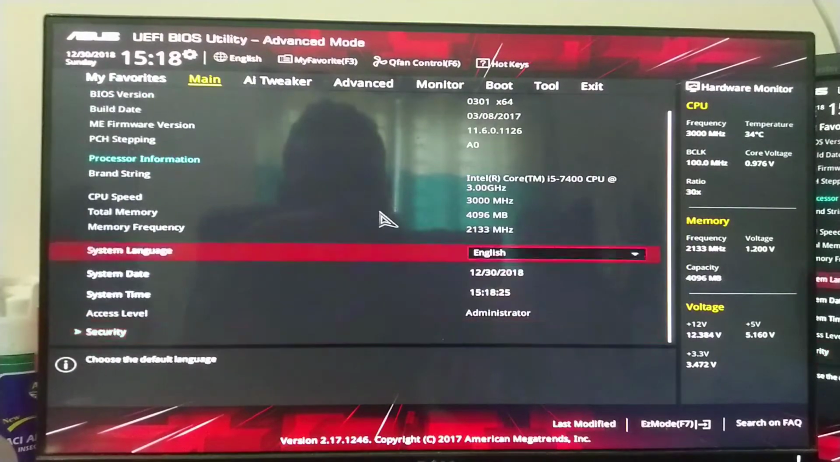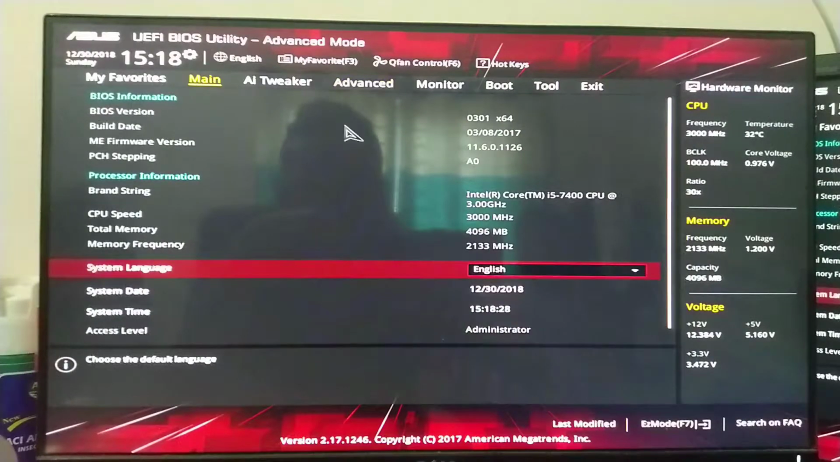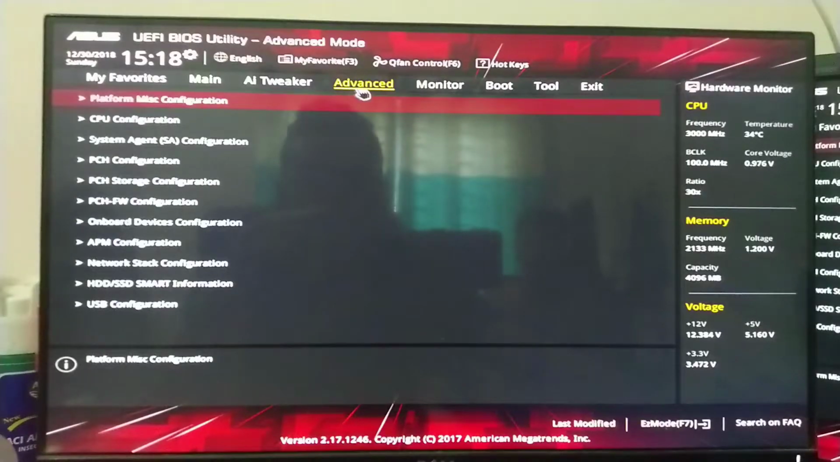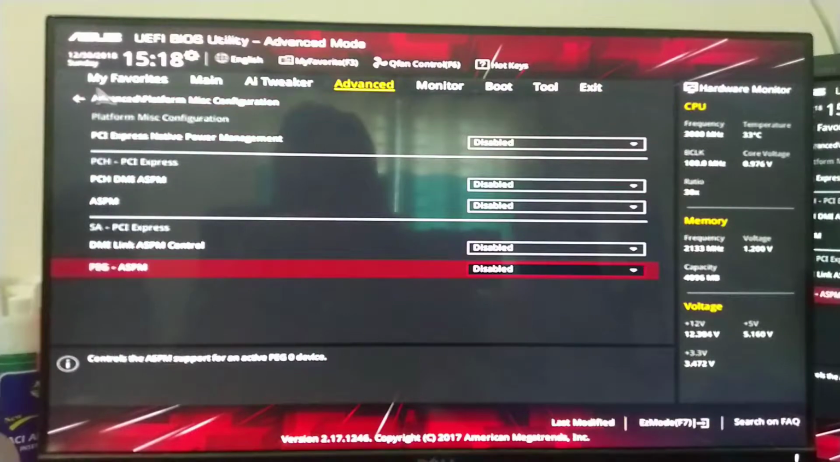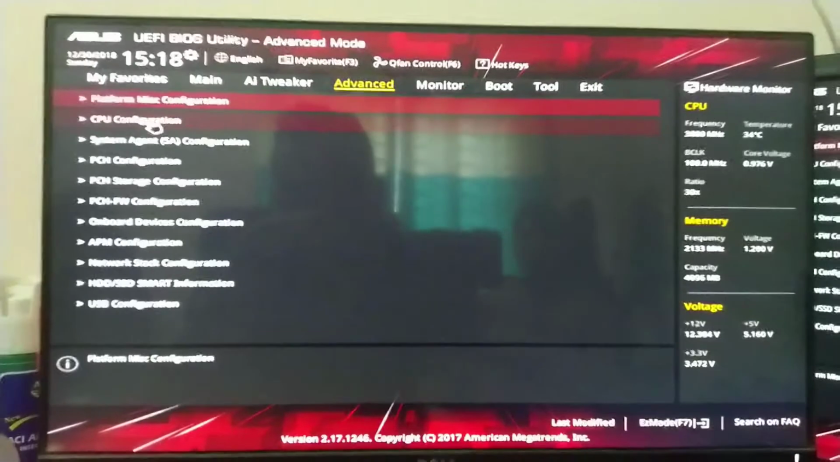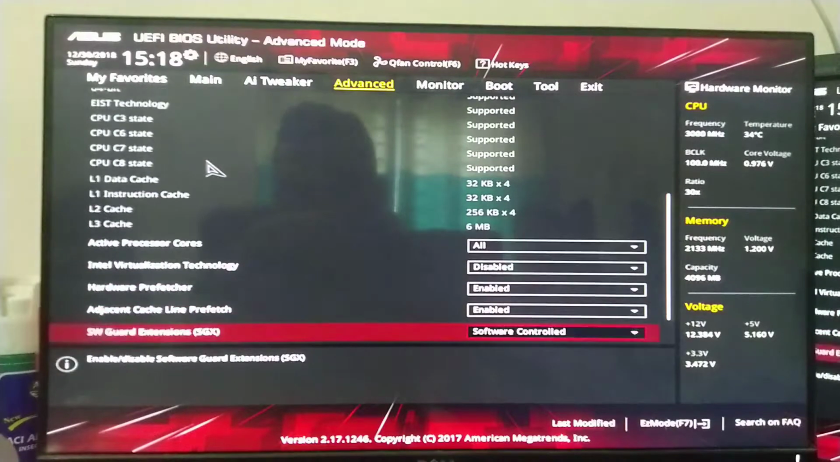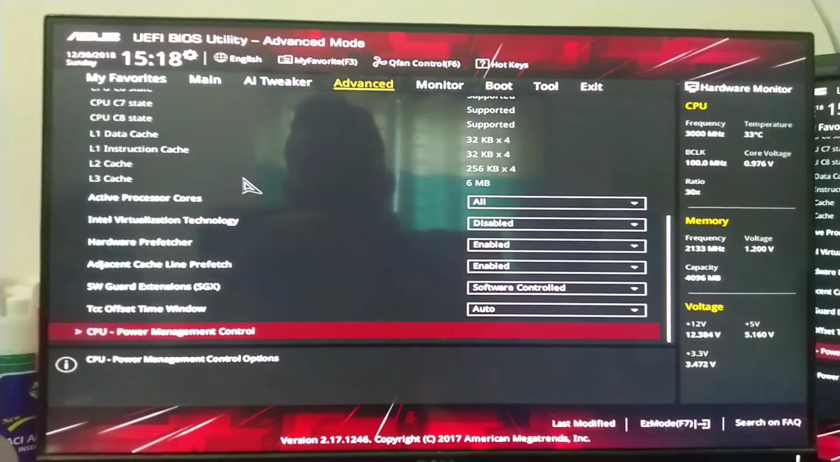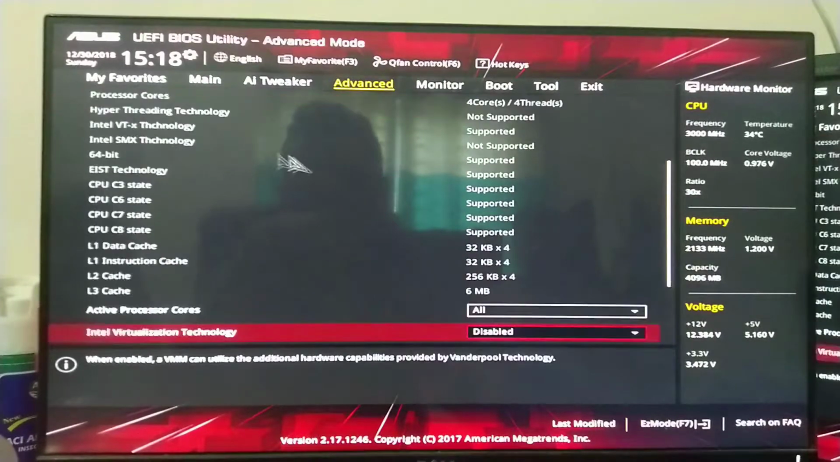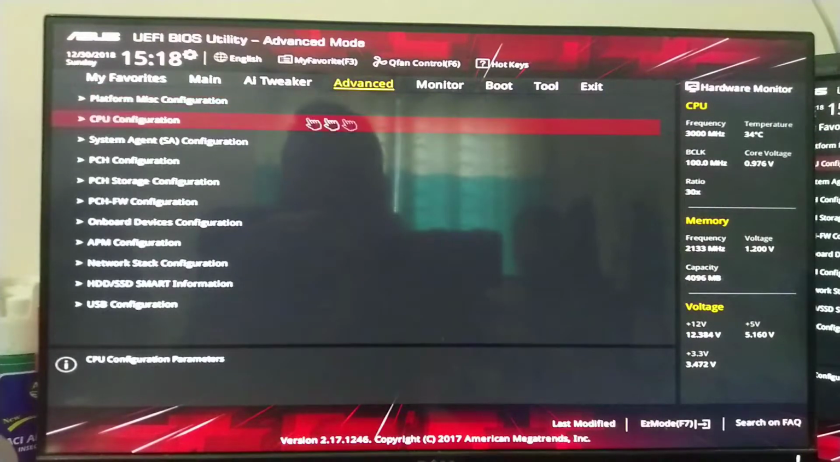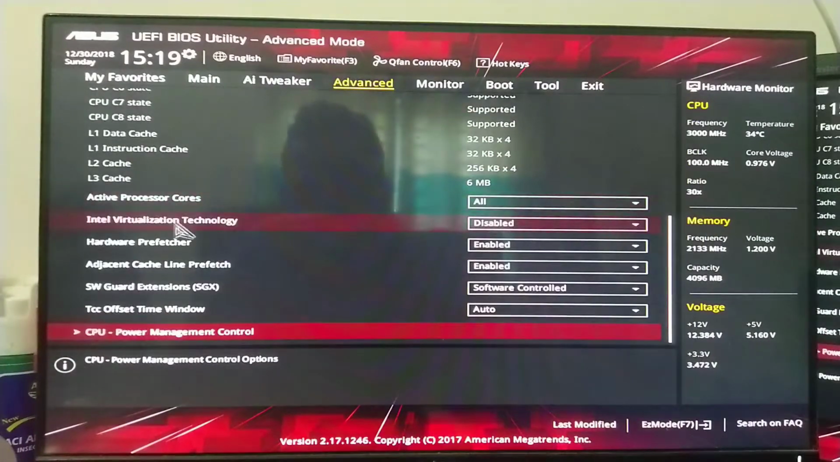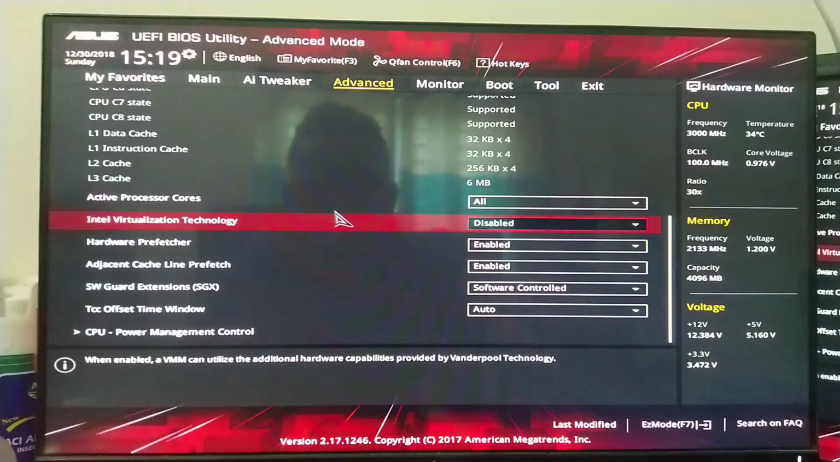Okay, here this is the advanced panel, and I will click advanced. I'll repeat it again, advanced mode, and platform configuration. So here is nothing. CPU configuration, and scroll down. So I am showing again advanced mode, CPU configuration, and here is Intel virtualization technology, and my virtualization